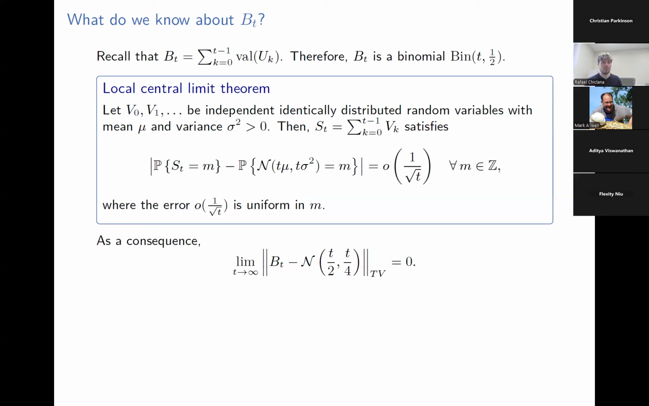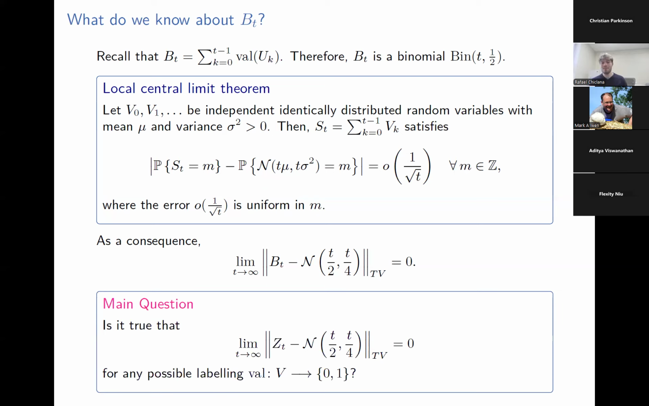So as a consequence of the central limit theorem and the fact that the binomial is concentrated, we get that the limit of the binomial in total variation distance is the normal distribution. This is not a surprise. This is something very well known. But this is telling me that if I want